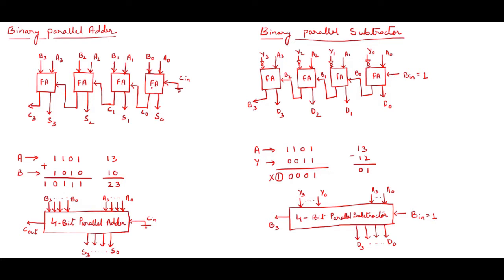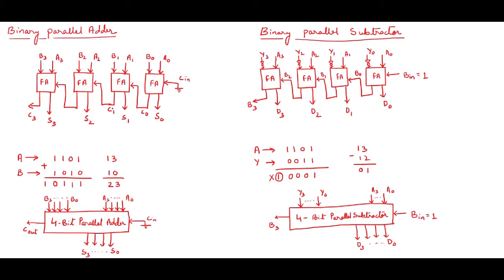Now in order to make it a 4-bit full adder, I am connecting this C out, meaning the carry generated in the first case, will go into the second one, the second case carry will pass on to the third one, and the third case will go into the fourth one. You can see the same concept in the example over here. When I add these bits, let's say A0 and A3, B0 and B3, when I add A0 with B0 I'm getting S0. And obviously if a carry is generated, it will go to this side, that is A1, B1 plus the carry will add, then I will get S1. The same thing is happening over here.